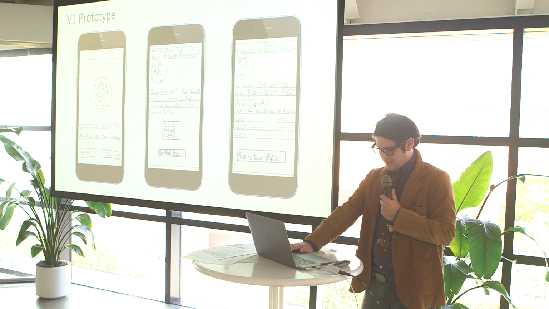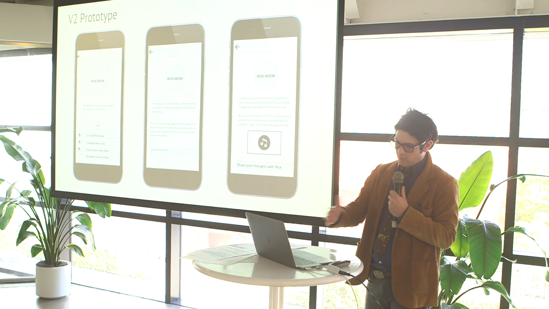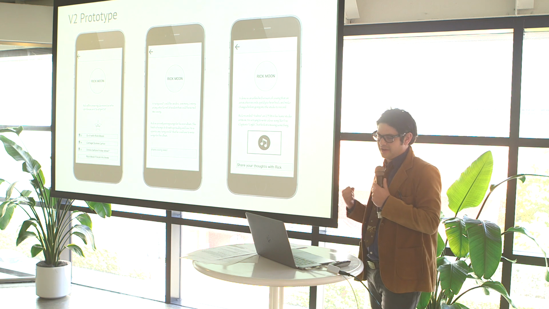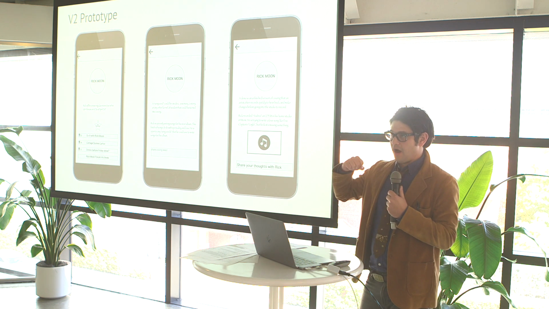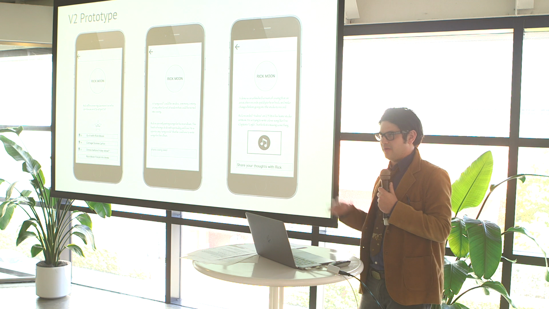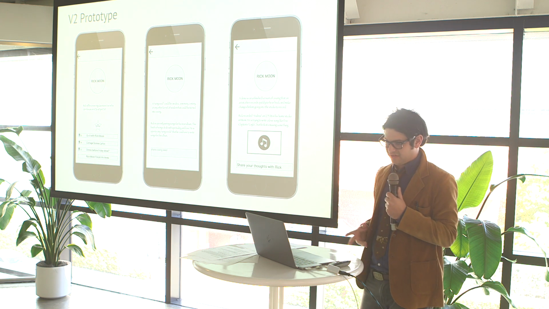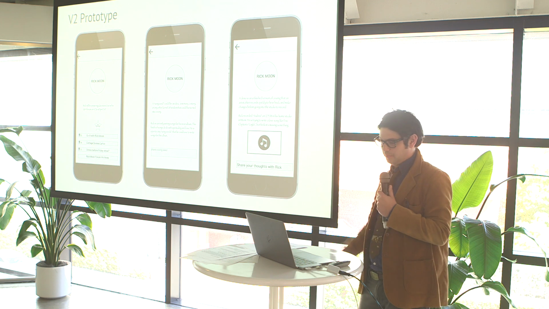So yeah, there's the V1 again, and now here's the V2. I started to wireframe, try to block out where things were going. Some of the insights I got from my testing were that things were unclear. I had a nav bar that was kind of all over the place. It was changing all the time. They felt the Q&A section could have gone in somewhere else. It didn't need its own page.